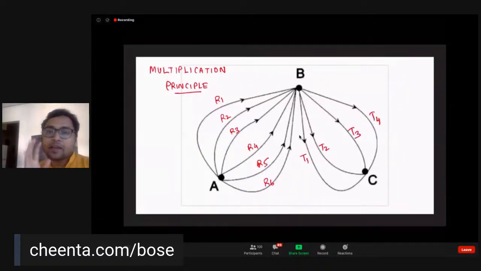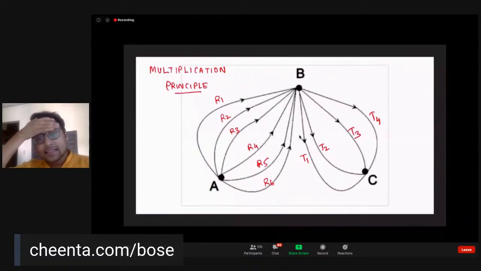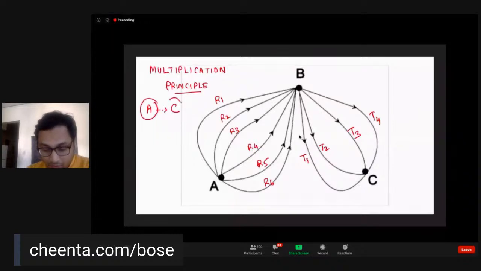As many of you have pointed out, there are 24 ways to go from A to C. So that's what you want to do. You want to go from A to C. The only way you can go from A to C is you have to first, step 1,